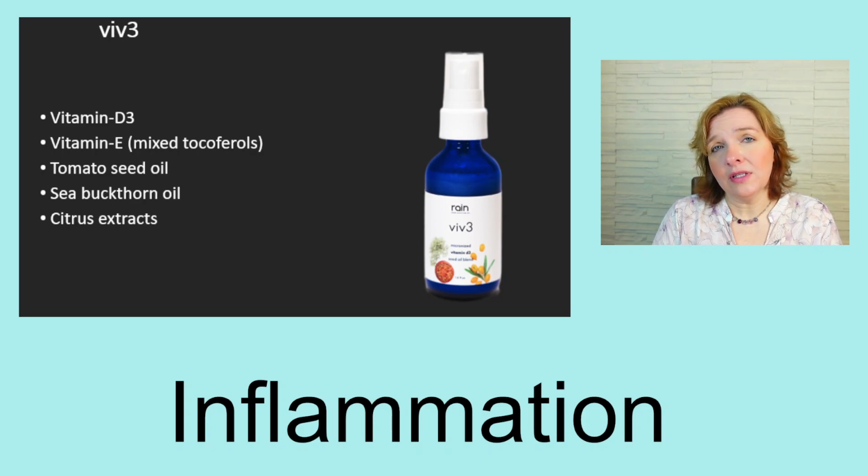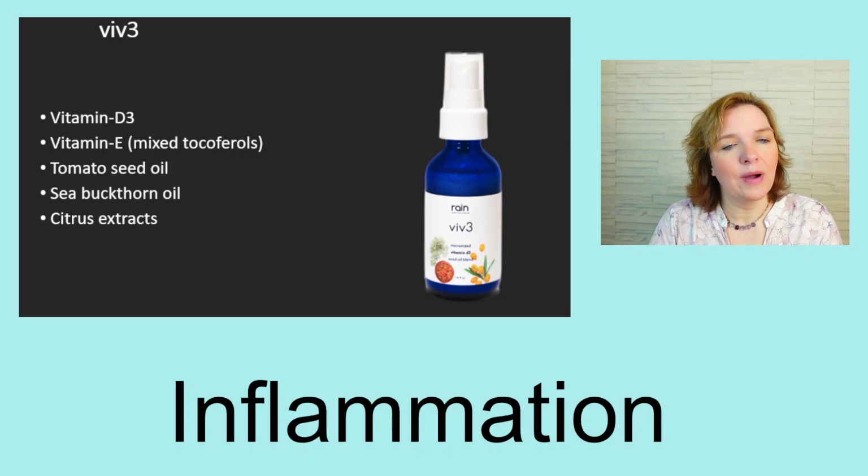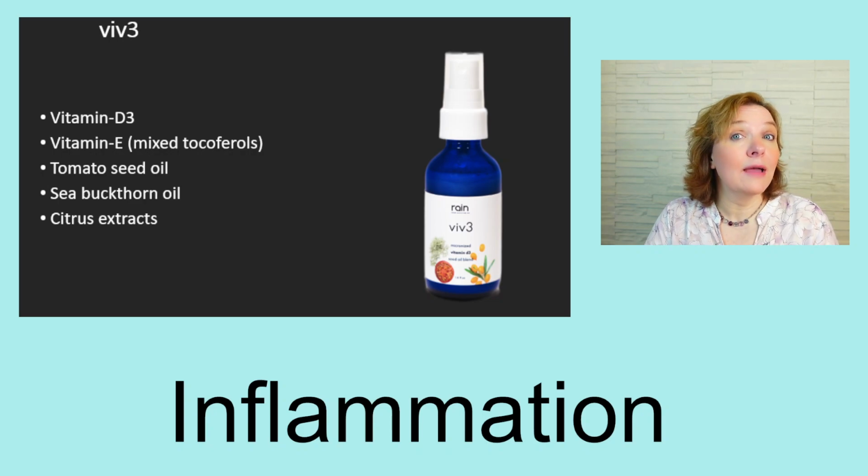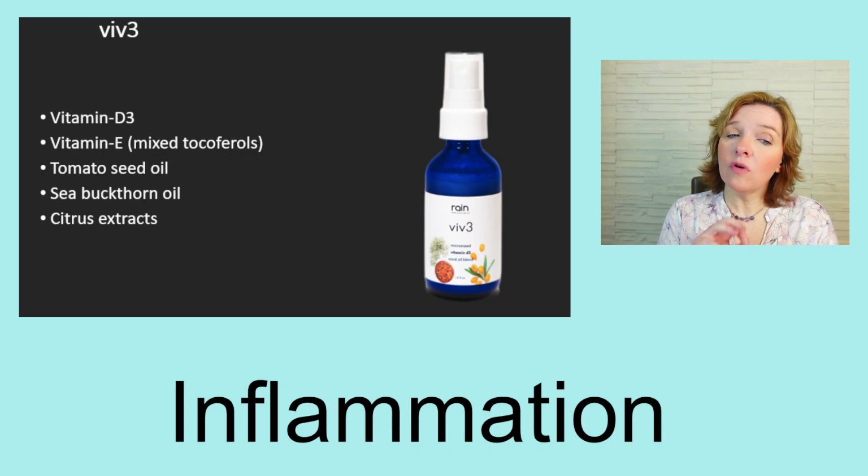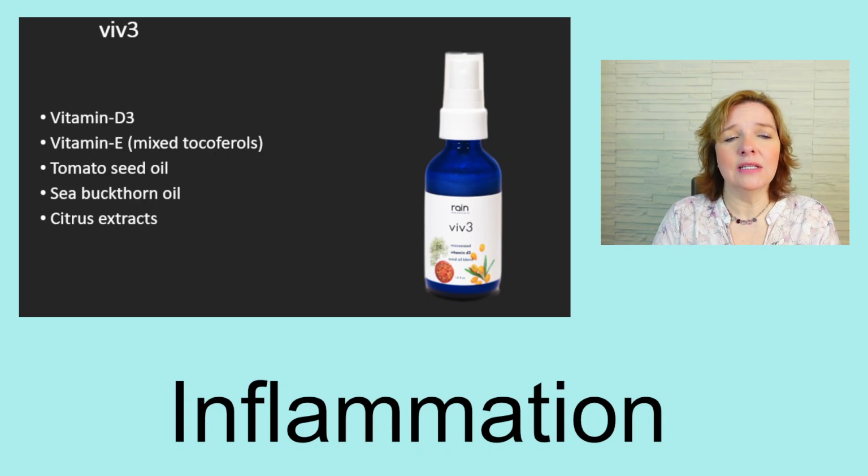So if you look at a product and it has mixed tocopherols inside, it means it comes from natural sources, containing all those tocopherols, not only the alpha, but the beta, gamma, delta, and tocotrienols and some other parts. That's like when you eat it with the food. So that's the natural source, which is good. That's the good type of vitamin E. So you should always look at this for vitamin E.